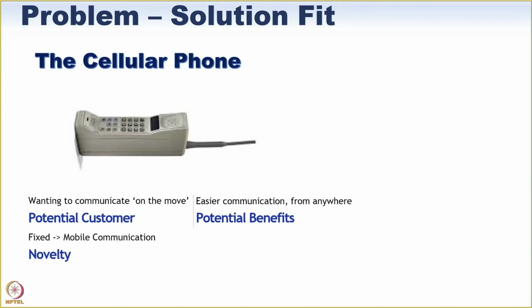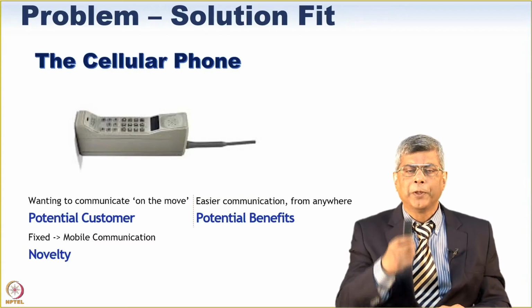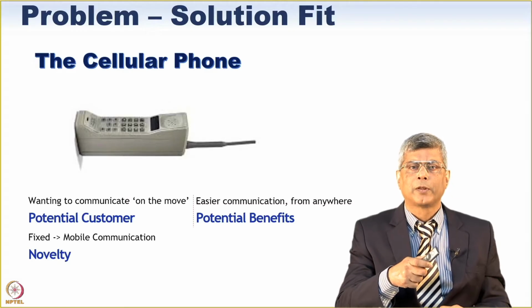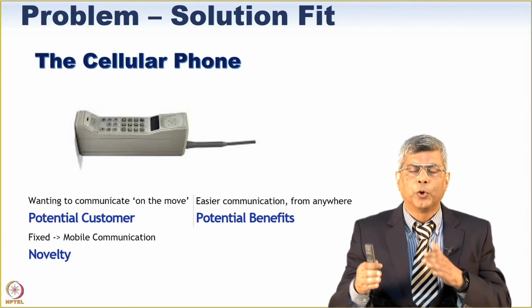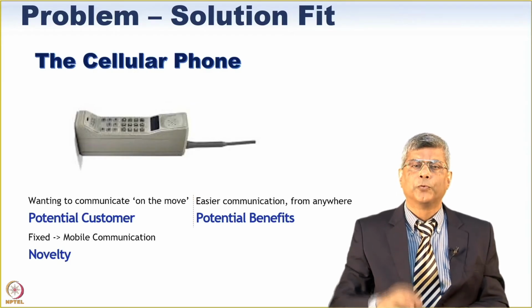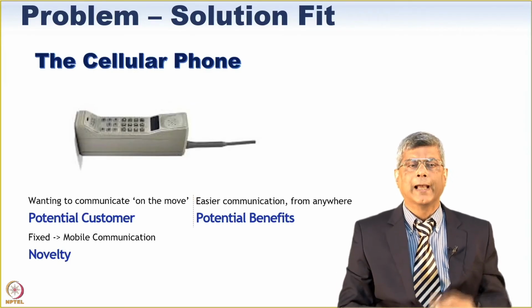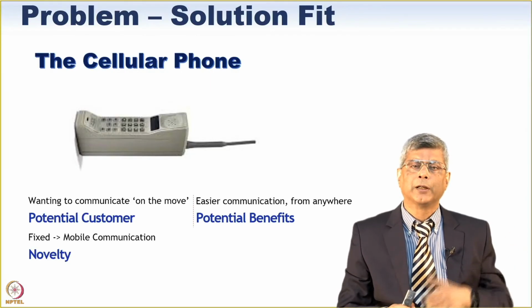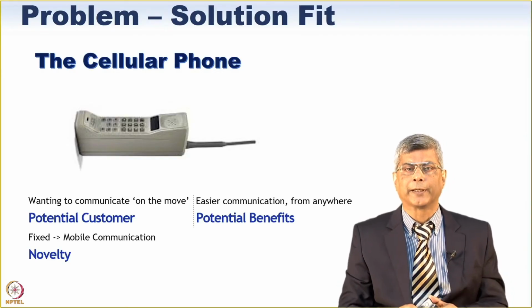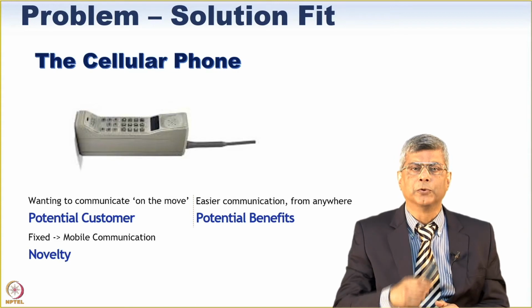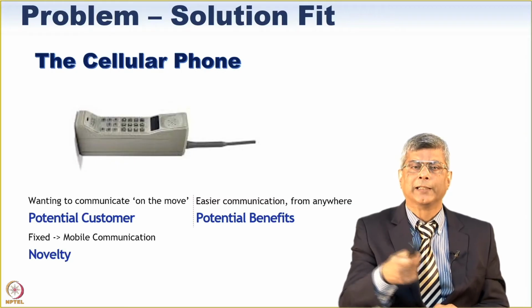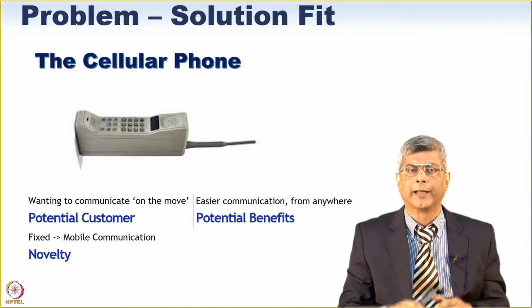The cell phone. Chances are all of you watching this video and taking the course have a smartphone. You may be taking the course on a smartphone. But before the smartphone came was this concept of a portable phone. Because before that, phones were fixed on a desk. And there was a wire which connected the phone to the exchange. But you could not walk around with it. You could not drive around with it. You could not carry it in your pocket. And therefore, the first cellular phone was a huge invention. Of course, it has become today's smartphone, which most of you are carrying.